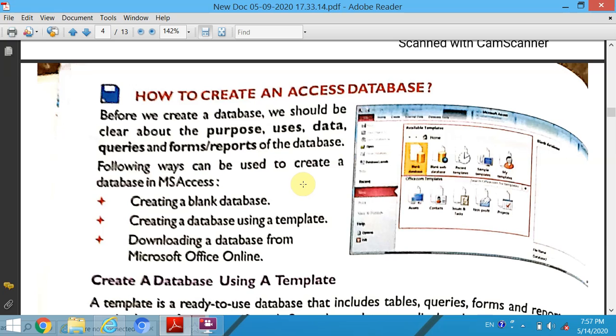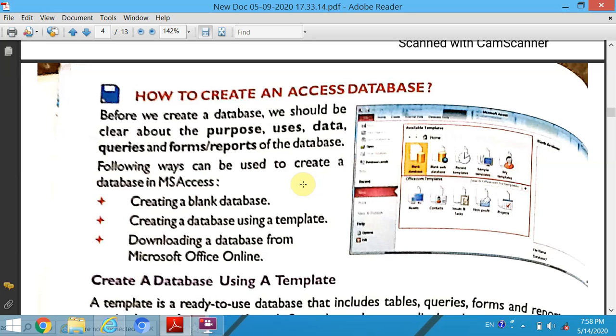Following ways can be used to create a database in MS Access. As the purpose of creating a database is for storing data in a table of database. We can also create queries, forms or reports of a database.